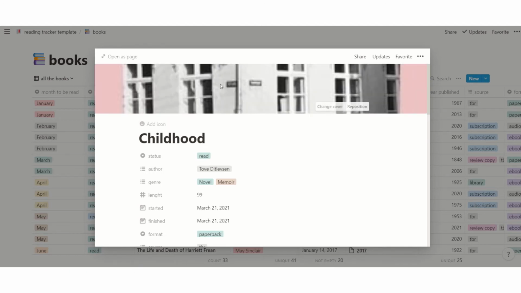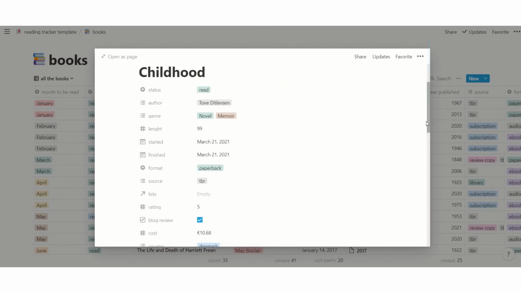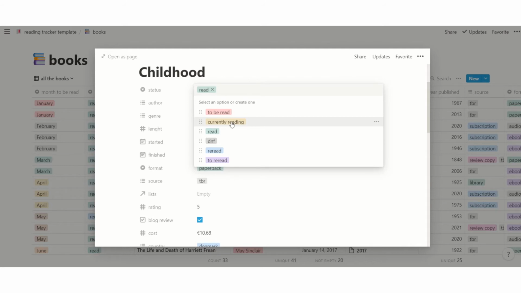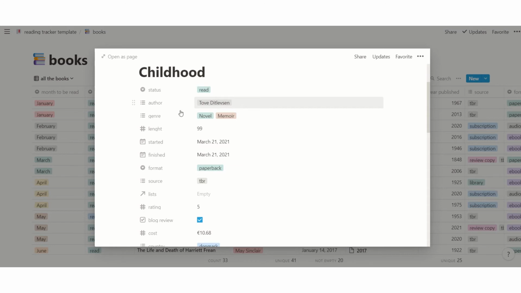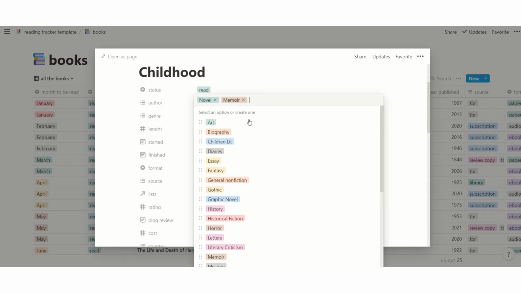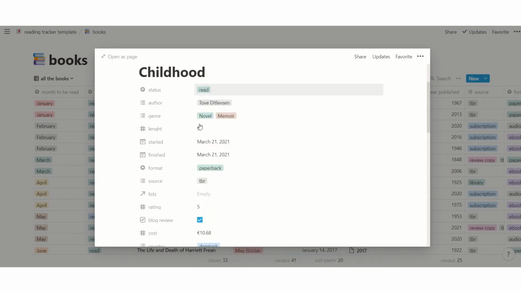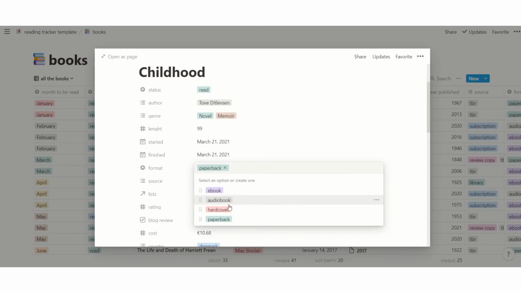Here you can add the cover of the book, then whether you read, it's to be read, currently reading, read, DNF, reread, or to reread, the status, the author, the genre, and you can add multiple genres, the number of pages of the book, the date you started reading it, the date you finished, whether it is an ebook, audiobook,